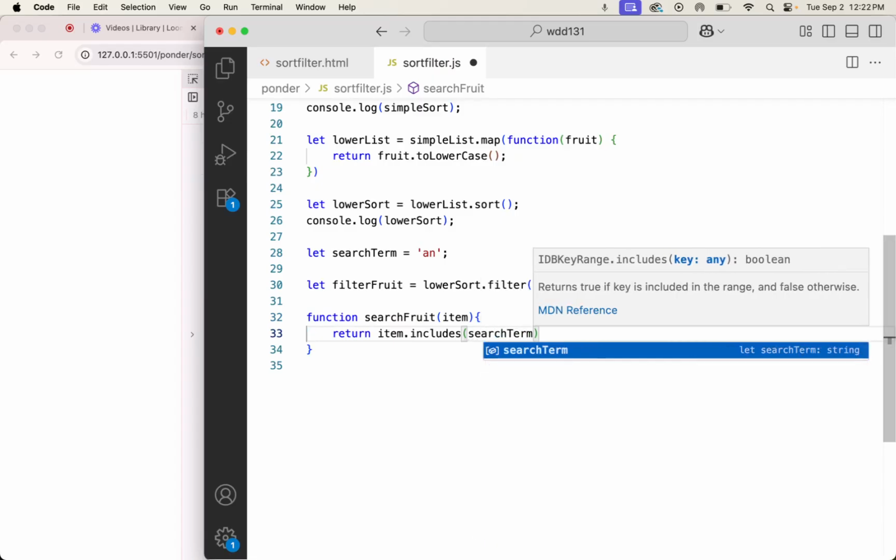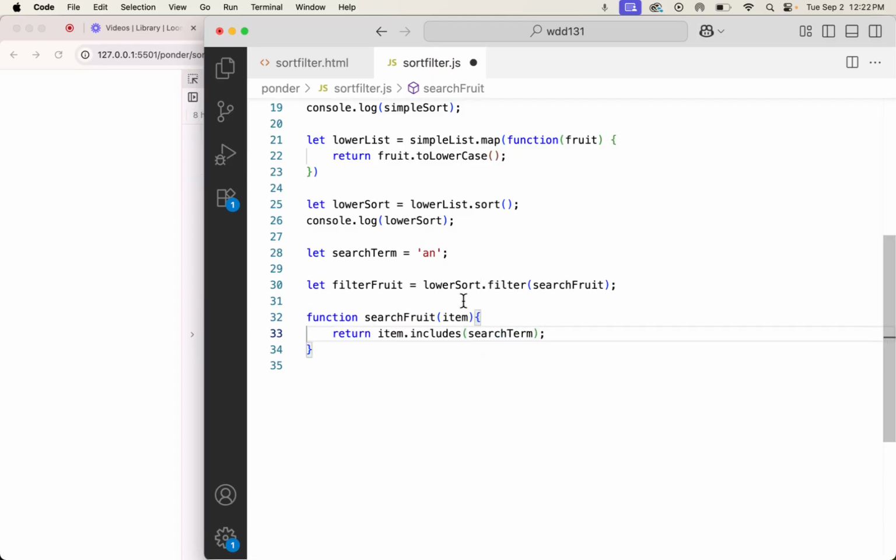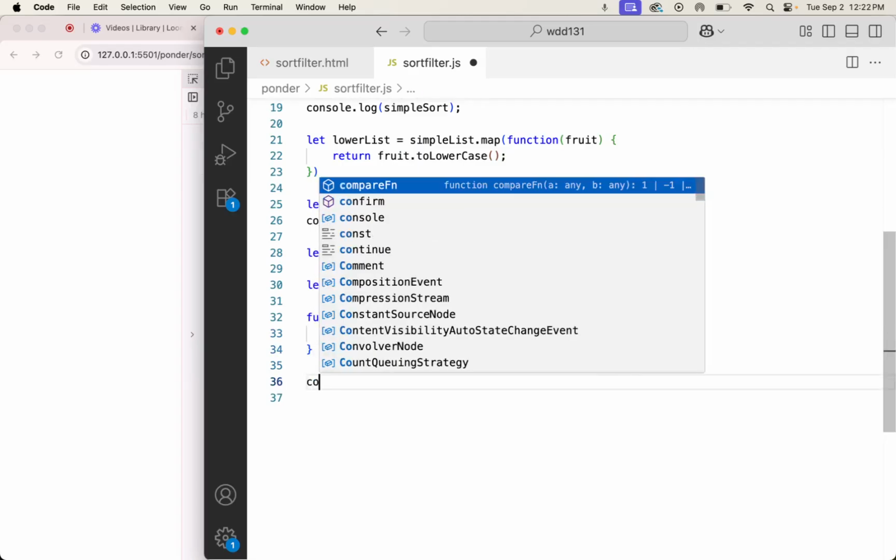Now remember, you might not have seen the dot includes. That's why I went over it at the beginning. But the dot includes is going to find out if a value exists in the string. So it's going to be looking at this value, the AN, and seeing if it exists. If it exists, then this is true. The condition is true, and it will be sent to filter fruit. Okay, so now we can console log